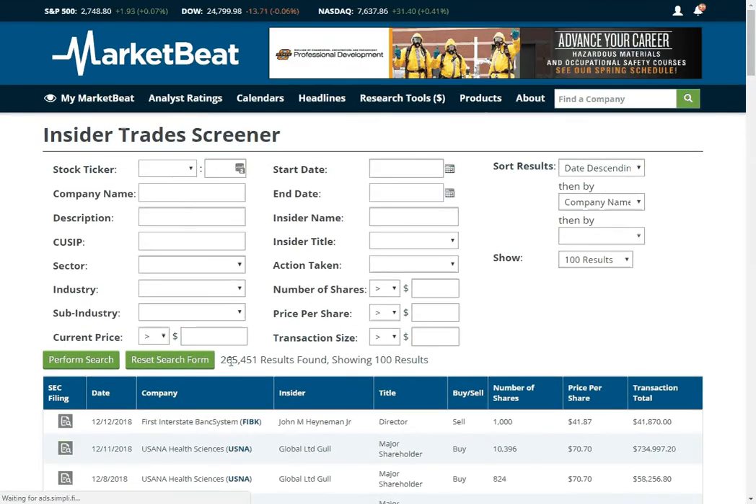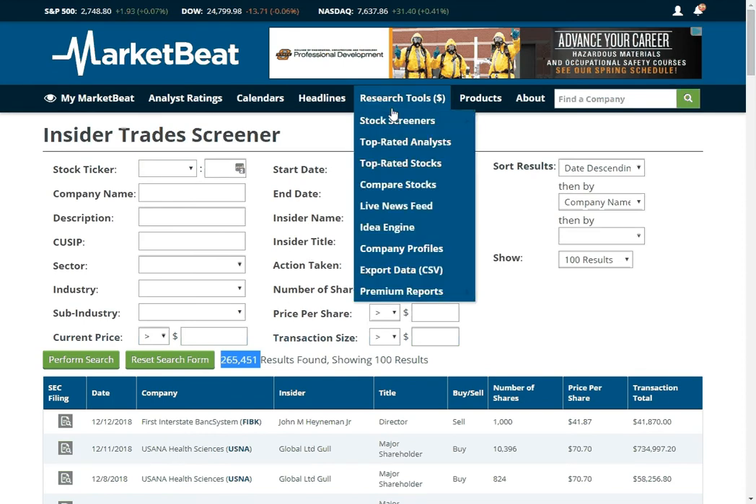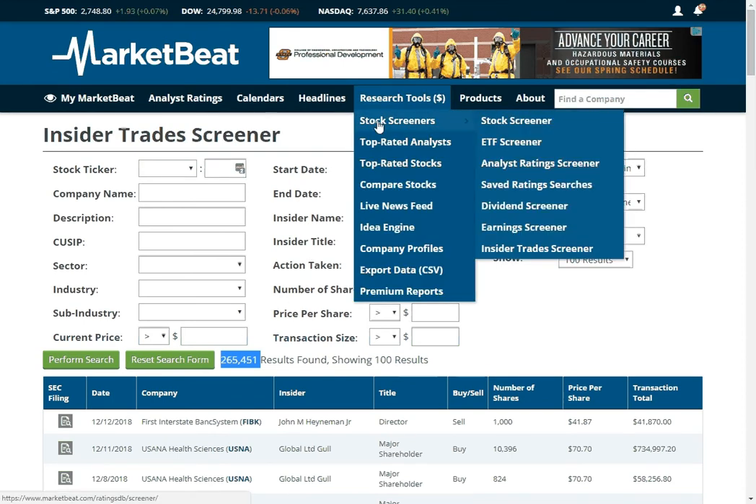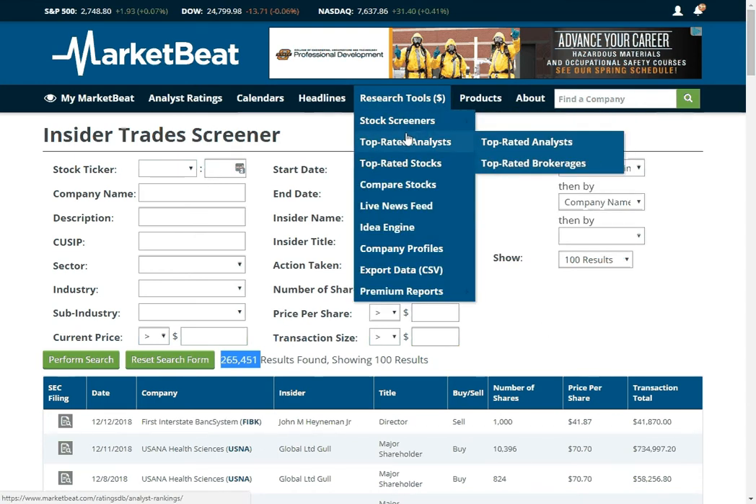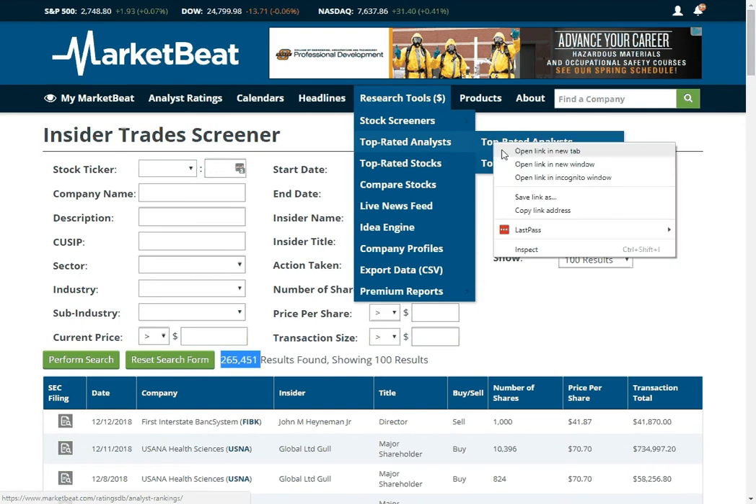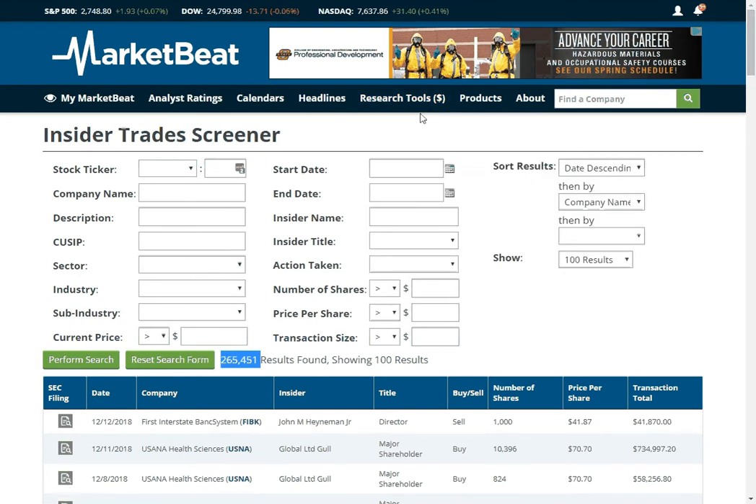So we have 265,000 insider transactions in our database from the last probably 10 years now. And that list keeps growing, so you can filter this database really just about however you want. We're going to go down the list. These two reports might take a second to load, but we have